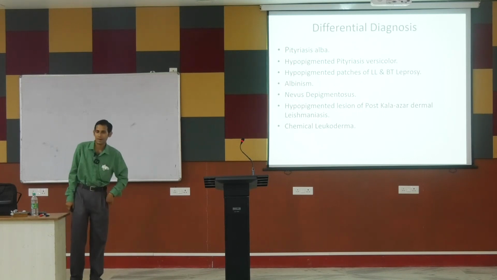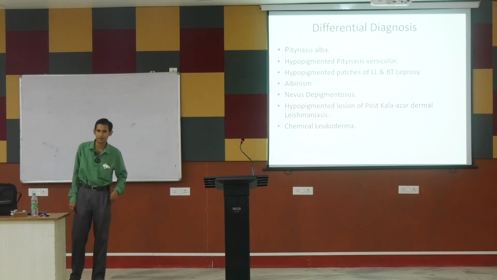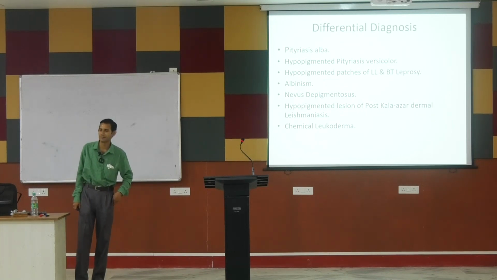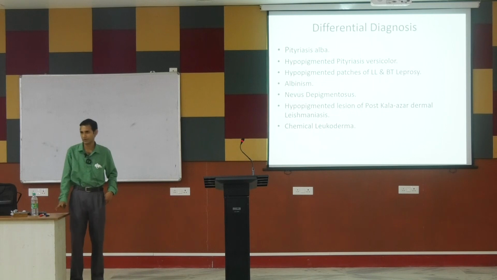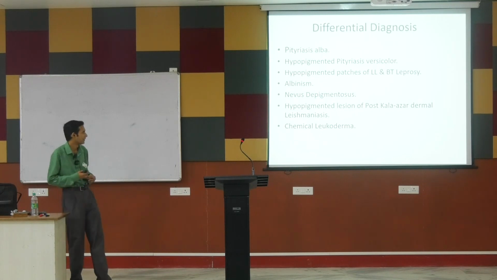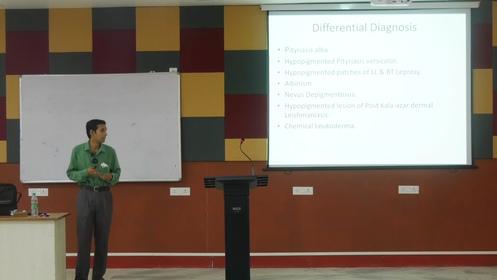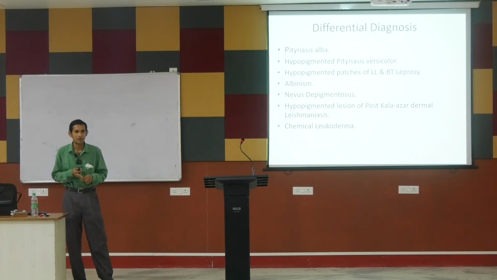Number 4 is albinism. What is albinism? Albinism is usually a genetic condition. It is an autosomal recessive condition, mostly caused by the deficiency of the enzyme tyrosinase. You know the tyrosinase enzyme. Tyrosinase enzyme is responsible for the production of melanin. So if there is a deficiency of the tyrosinase enzyme, there is loss of pigmentation, and it is present since birth, number 1. Number 2, it can